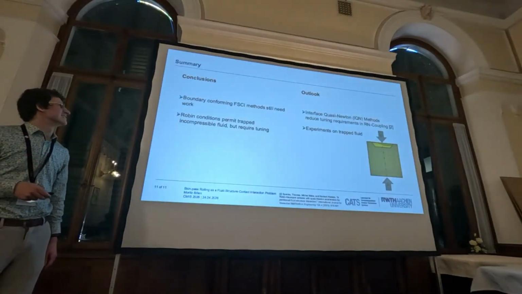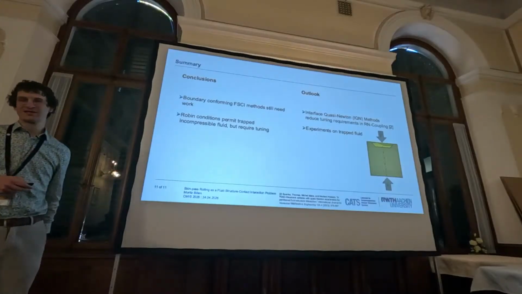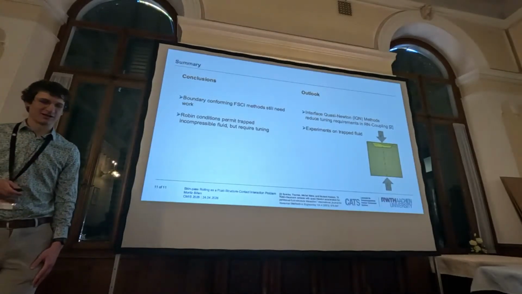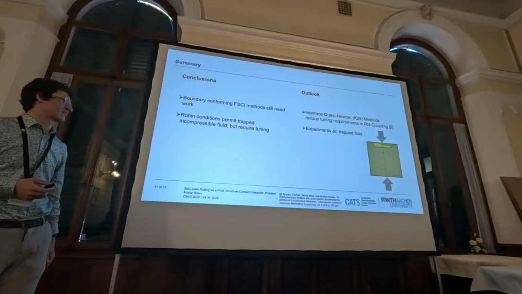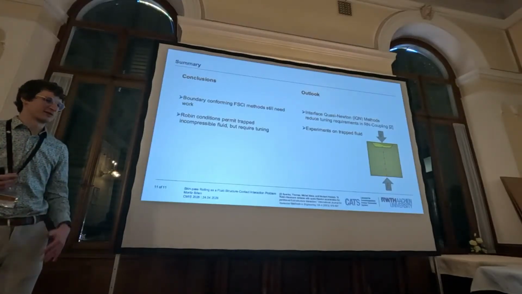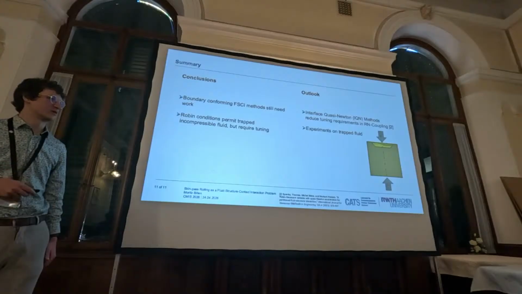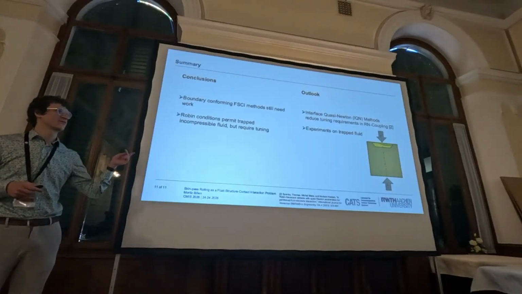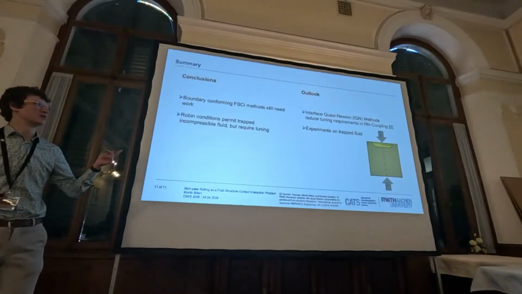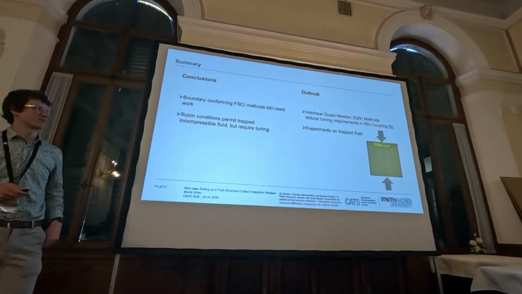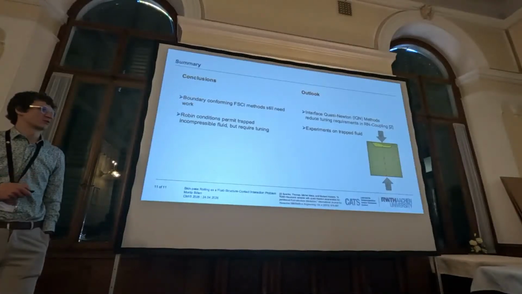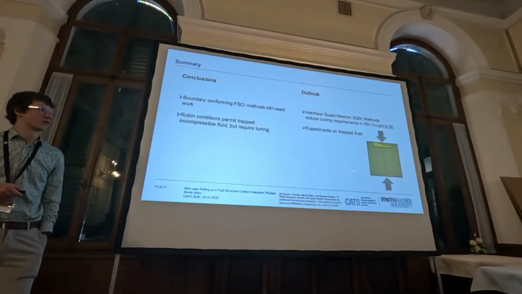Okay, summarizing, yeah, we still need to do some work, but the Robin parameter can be used to capture some of the effects of this fluid volume decreasing in the outlook. So this tuning effect was seen to be reduced by using interface quasi-Newton methods, which I want to try at some point. And I also wanted to mention here that I am working with my collaborators on a trapped fluid